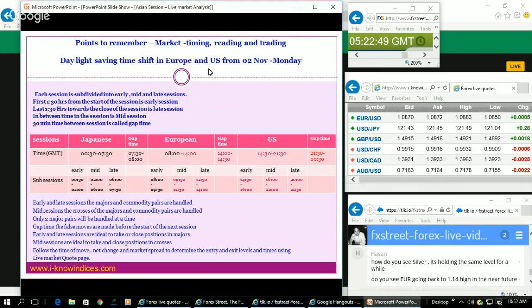Now these are all the session timings. Until March, we'll be having these session timings. The early and the late sessions handle the majors, and the mid sessions handle the crosses. So accordingly, you watch and trade, and also commit positions. Once they make a 40 pips spread between the high and the low, then you try to commit a position until such time they widen the spread. Once they make a downward stop or an upward stop, if we commit a position and keep the hedge order, we'll be able to quickly book profit, especially the US traders.